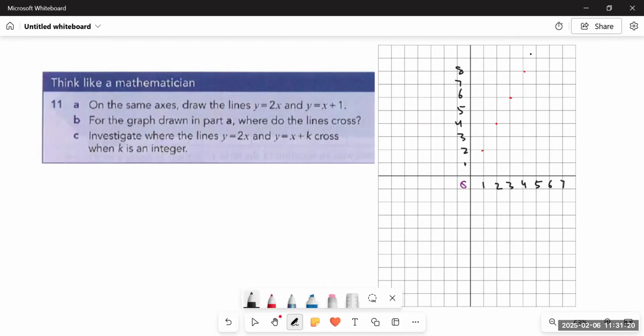Is that clear? It's just like this. For whatever values of x we have, the value of y would be its double. That's it. So we can mark it as y is equals to 2x. What we did, we just supposed some values of x and doubled them to get the corresponding values of y. Why? Because the value of x and the value of y have a relation of y is equals to 2x.